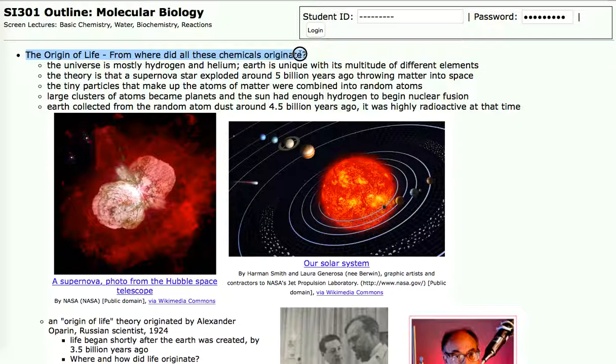Well, if you go way back, all the chemicals in our bodies have carbon atoms, hydrogen atoms, oxygen atoms, nitrogen atoms, lithium atoms, sodium atoms, chlorine atoms. Where'd all those come from? The universe is actually made up mostly of hydrogen and helium, and the Earth is kind of an exception to that. The Earth is full of all kinds of stuff besides hydrogen and helium.